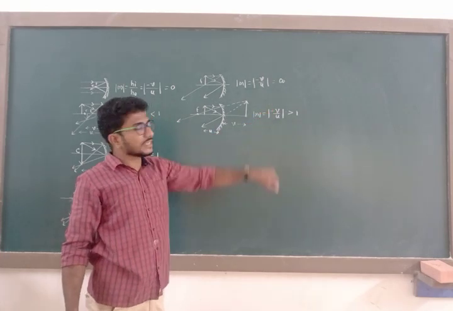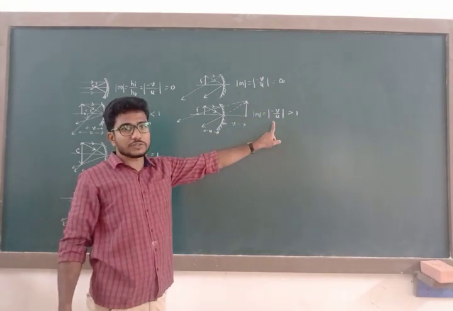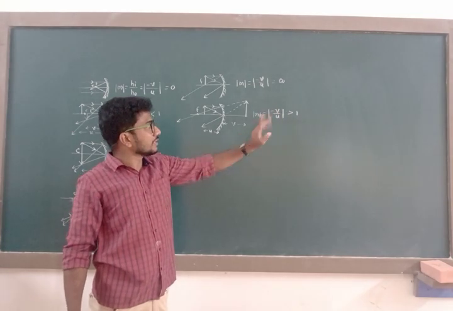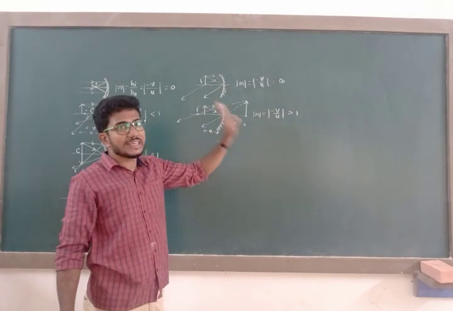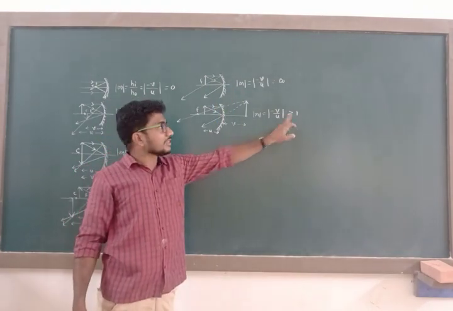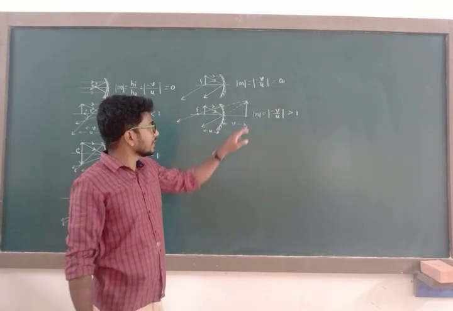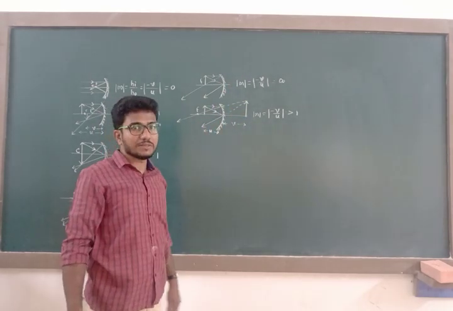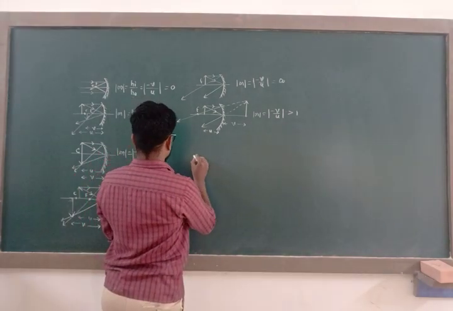Negative sign gets cancelled, then we will get this ratio in terms of positive sign, and that positive sign represents the nature of the image is virtual and erect. Greater than 1 represents that the image is magnified, that is in case of concave spherical mirror. Similarly, in case of convex spherical mirror,